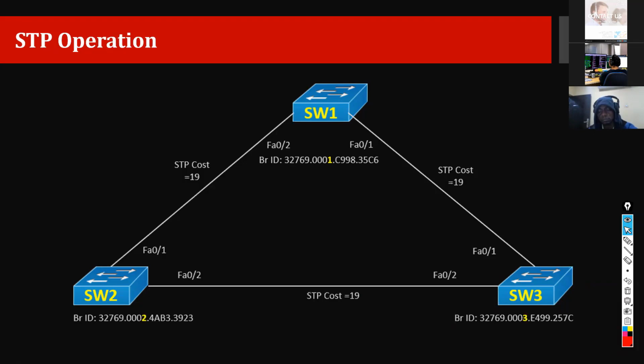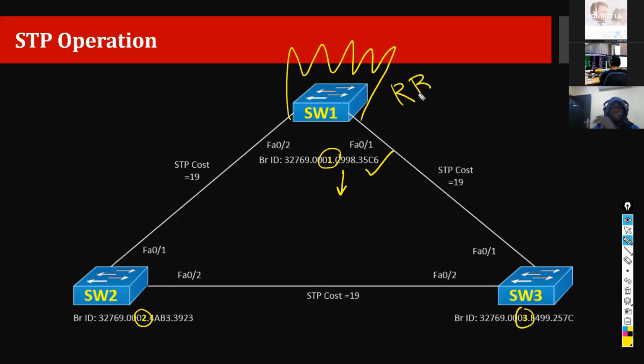Root ports. Yes, root port is basically a port on each of the switch. So step number 1, we make one switch as the designated switch, right? Designated switch, whichever has the lowest. It's 1, is 2, and 3. So this one has the lowest one, so it will become the root bridge or root switch. Then on each of the switch, we have to select now.